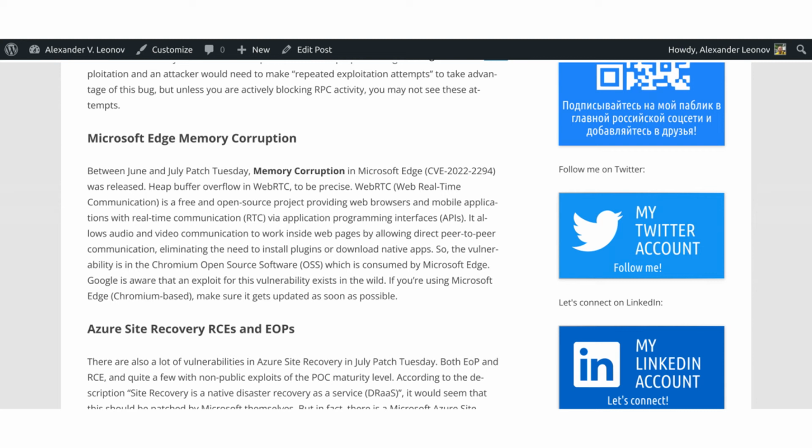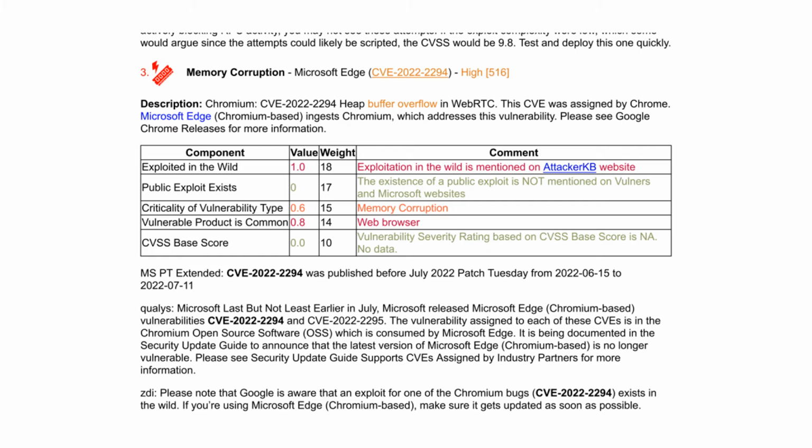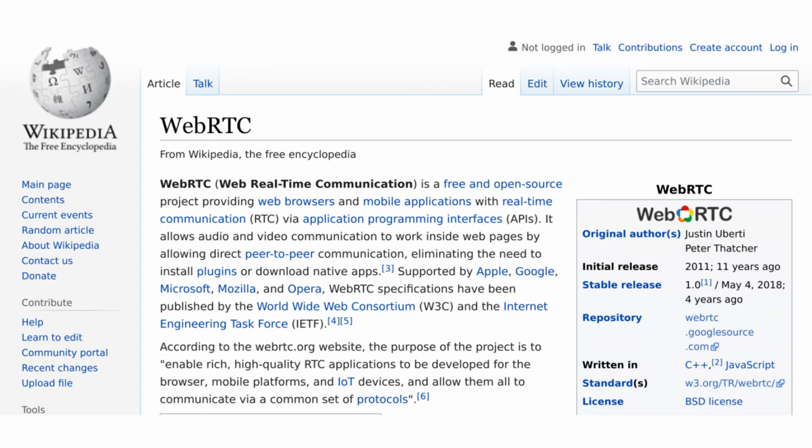Microsoft Edge memory corruption. Between June and July Patch Tuesday, memory corruption in Microsoft Edge CVE-2022-2294 was released. Heap buffer overflow in WebRTC to be precise. WebRTC, Web Real-Time Communication, is a free and open source project providing web browsers and mobile applications with real-time communication